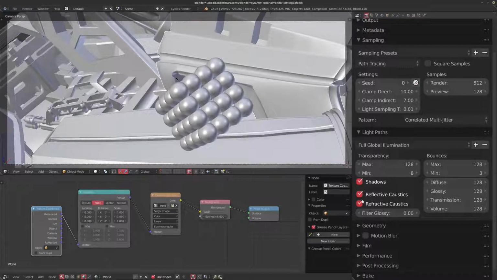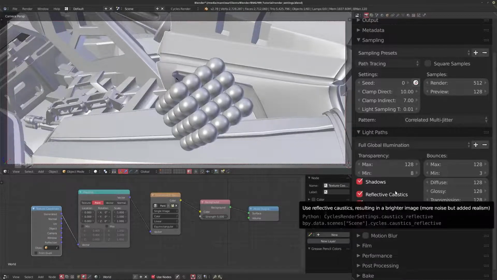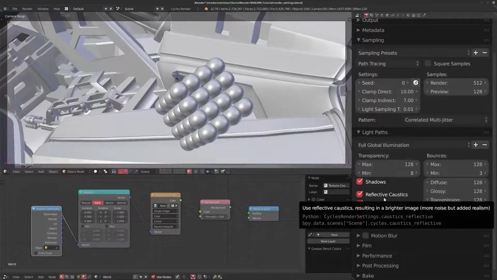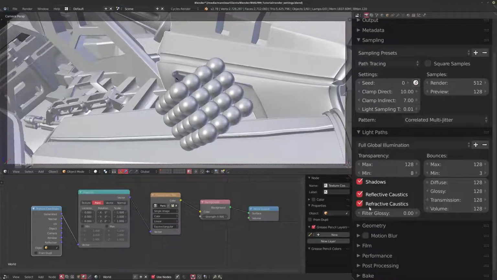Bear in mind though, these caustics are definitely one of the main causes of fireflies in your image, so it'll really vary depending on your scene whether you're able to use these or not. Now you could use limited global illumination and still enable the caustics, and it still gives you a little bit of a light boost in your reflections. The object I have here is a worst case scenario. The topology is terrible. We've got stuff sticking through each other, and it's all a glass shader. So I wanted to really hammer on it and show you that even in this kind of situation, where you've got a lot of light transferring and a lot of darkening happening because of all this intersection, the reflective and refractive caustics can still make a bit of a difference.